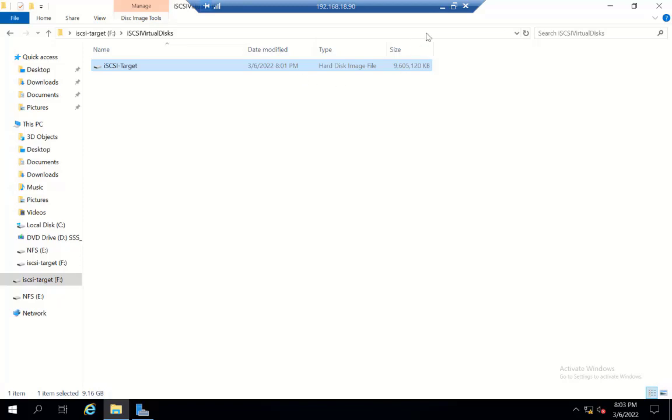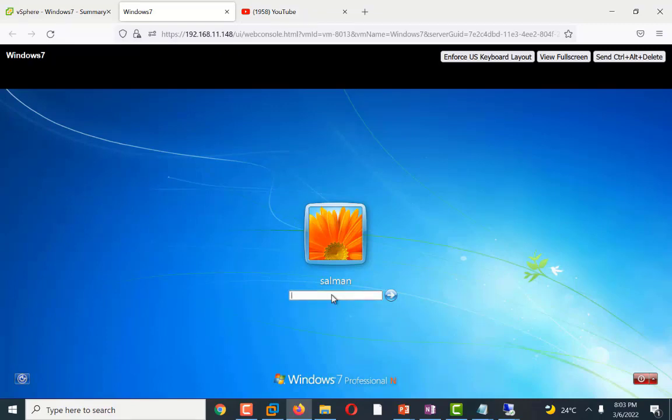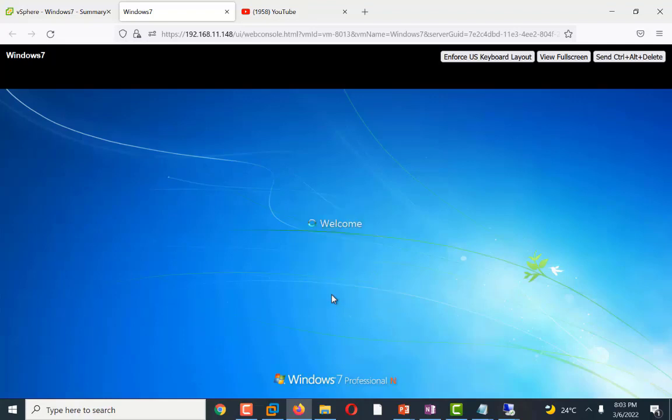For this demo, first of all I will log into my machine to check whether it is working properly or not. So it is working. My Windows is running smoothly. As you can see, it runs normally. So it is working fine from the shared data store. All the apps and data run as smoothly as we run them from the local data store.